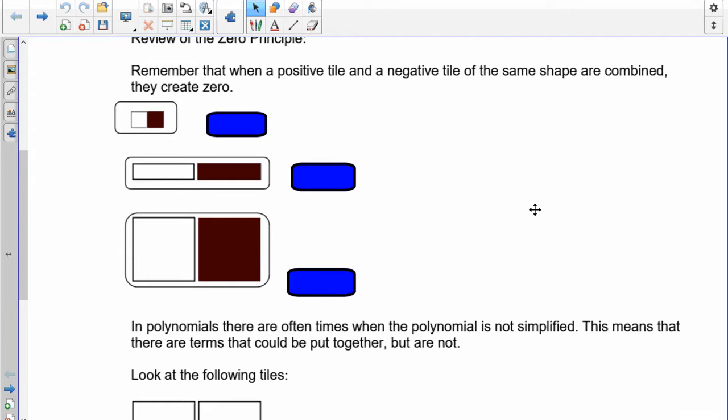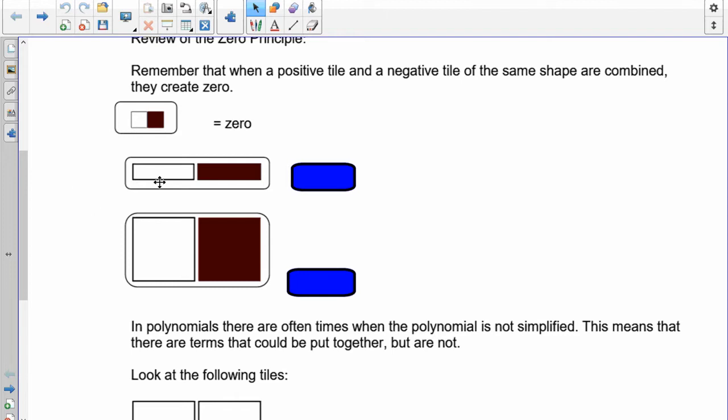Whenever you put the same number of positive tiles and negative tiles together, they create a zero. You could do this in pairs or in groups, it doesn't matter. If you look at what we've got right here, I've got a white tile and a dark tile, the positive and the negative. You put those two together and they form zero, which essentially means that they disappear from your